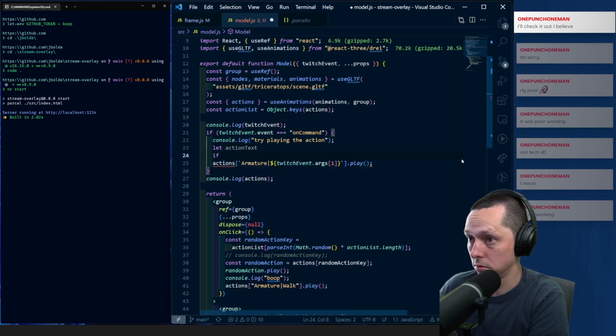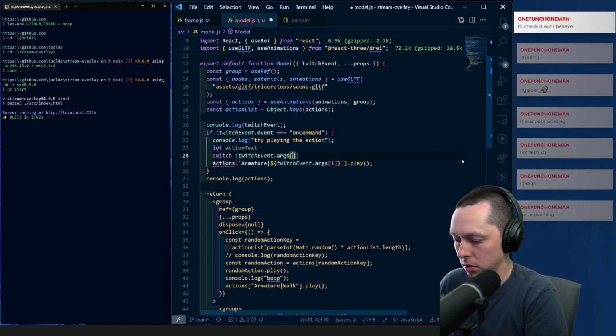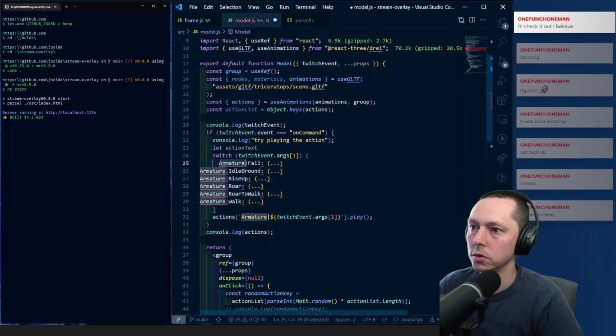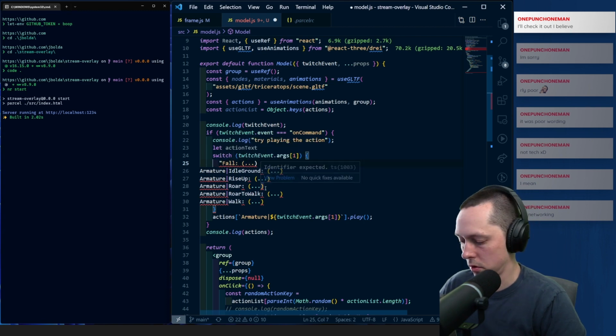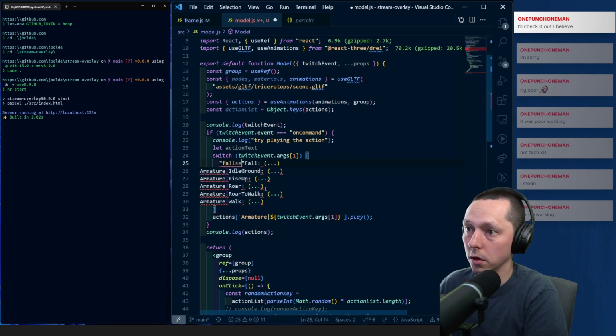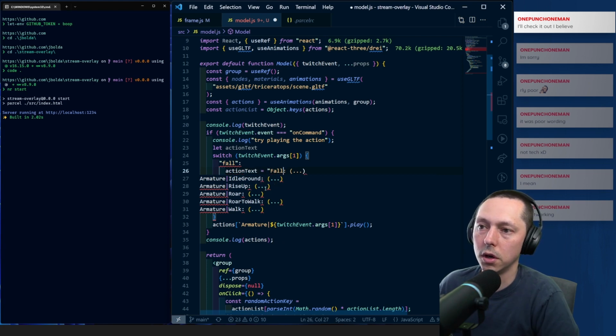I guess we can do a switch statement. And we want to do this. Action text equals that.